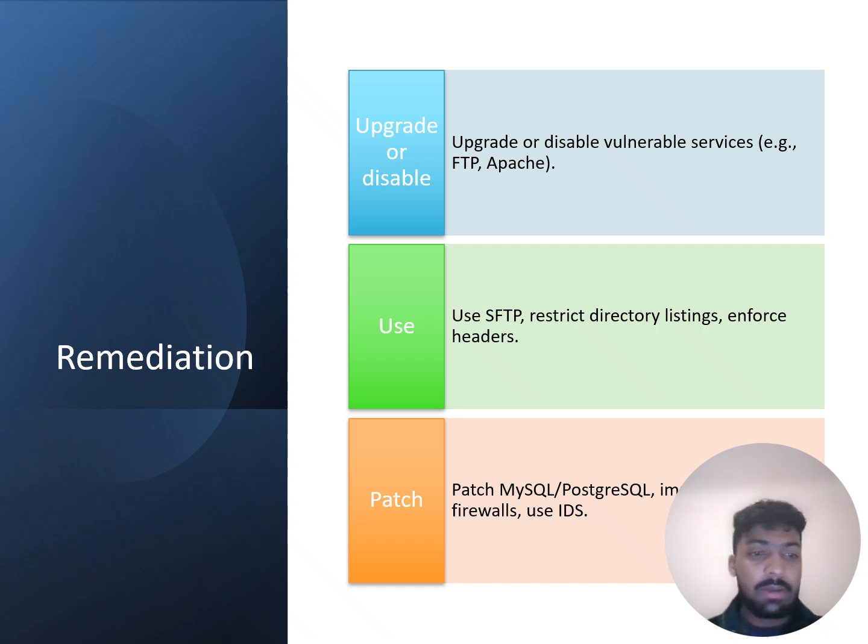And next is remediation strategies. Following the identified vulnerabilities and successful demonstration of exploits, the below remediation plan is proposed to ensure that the target system and its security are greatly improved. The vsFTPd version 2.3.4 service must be immediately removed or upgraded to a current secure version. Additionally, the FTP protocol should be completely deprecated in favor of the SSH File Transfer Protocol, which provides